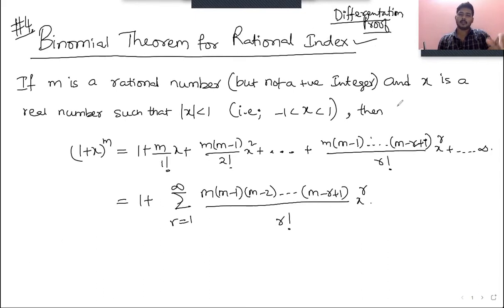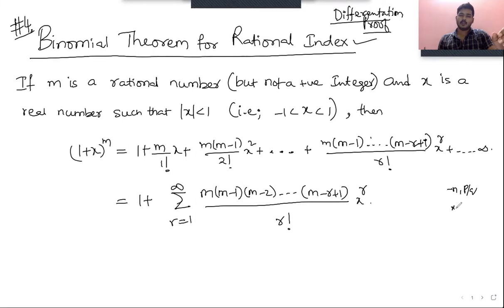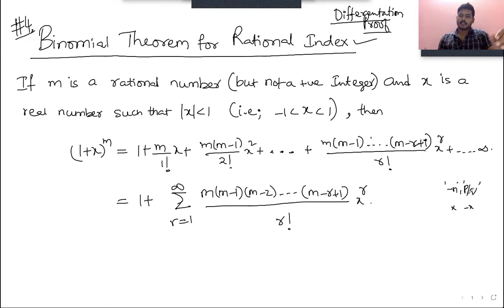So in this video, what we are going to do is discuss binomial theorem for rational index when the index is a negative integer and when the index is in the form of p by q, and then we'll discuss when the x value is replaced with minus x. And the main thing we'll do in this lecture is come up with the general formulas and get acquainted